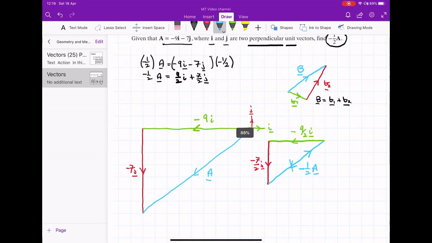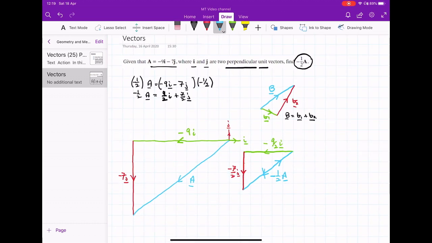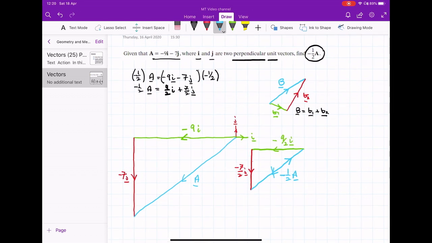Because i and j are perpendicular unit vectors, we could have written our first answers using column vectors, because column vectors make the assumption that the components are perpendicular. So let's write the answer using column vectors by recognizing that i and j are two perpendicular unit vectors. So we could write a equals minus 9, minus 7 as a column vector, which is the same thing as a equals minus 9i minus 7j,